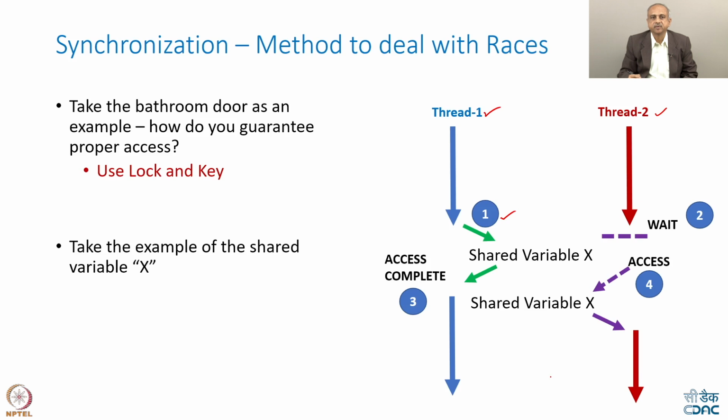Now, let us see how synchronization can help in dealing with races. Let us take the example of the bathroom that we saw in the previous slide. How does one guarantee that only one person has access to that bathroom at a time? We use the method of lock and key. So, same thing we can see here. There is thread 1 which is